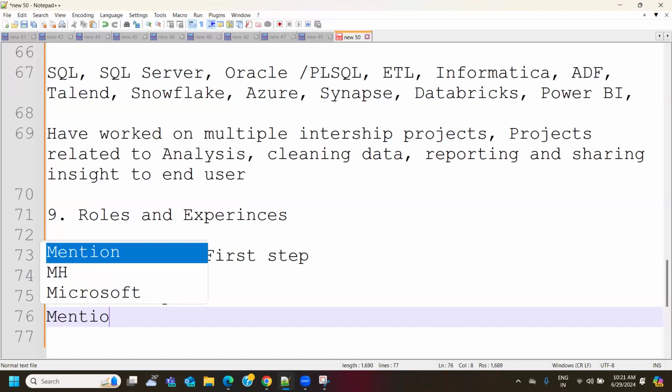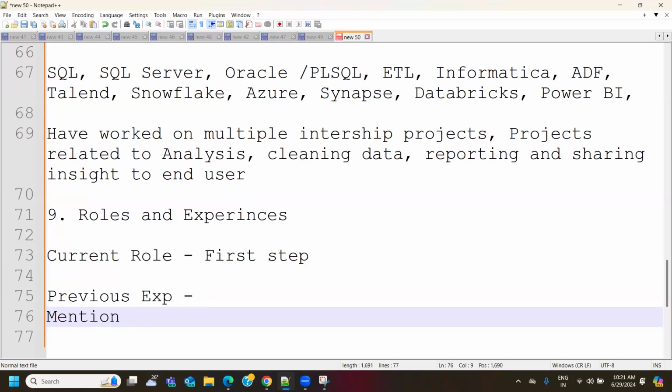Mention every company you have worked for. If you absconded after 3 or 4 months and don't want to show that, but your PF account was created, for people in India, I'm not talking about roles outside India, but in India, if you worked for a company and a PF account was created for that company, do not skip that company.